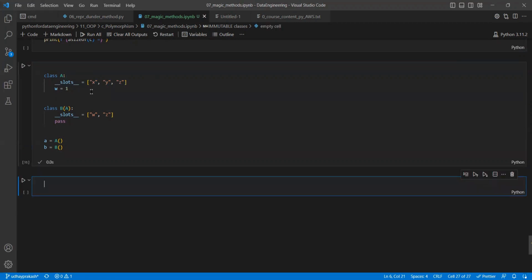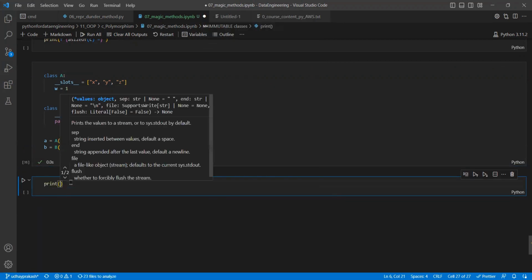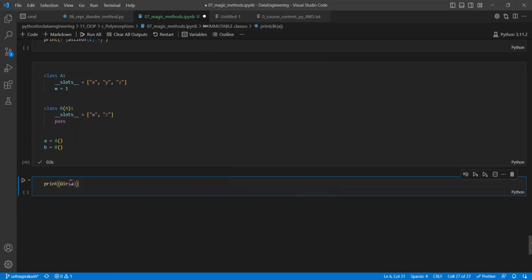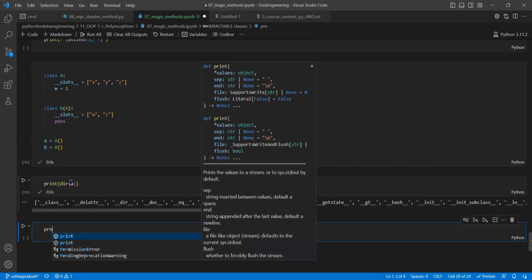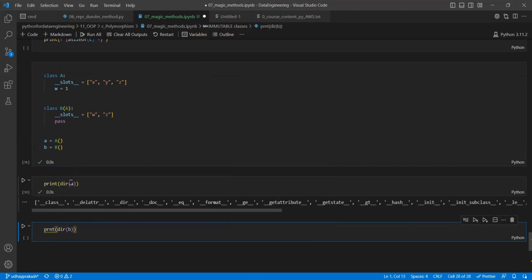Will it work? Pretty much it will work. Both are slotted classes, so you will not have vars. So if I print dir of A and print dir of B,